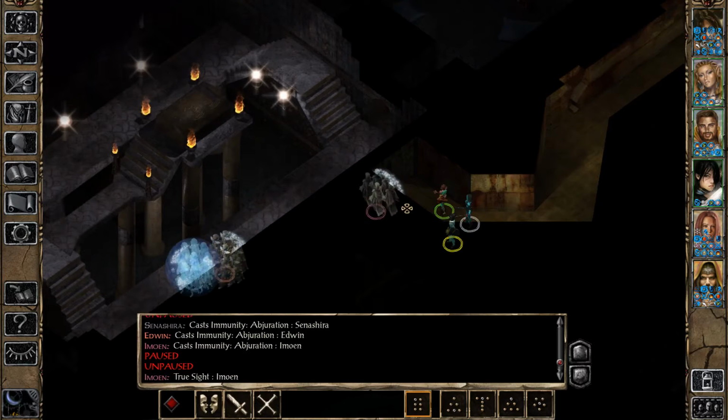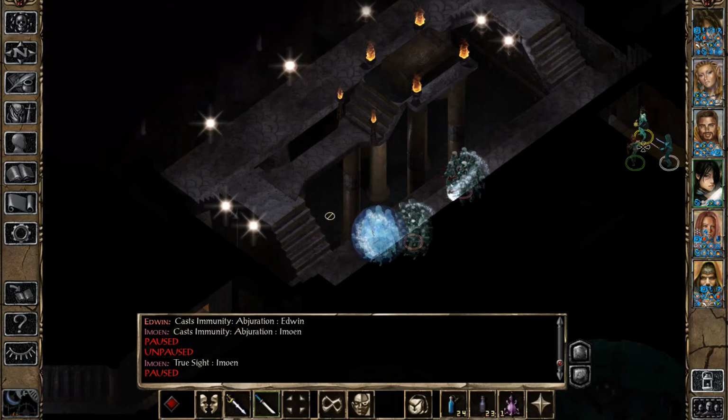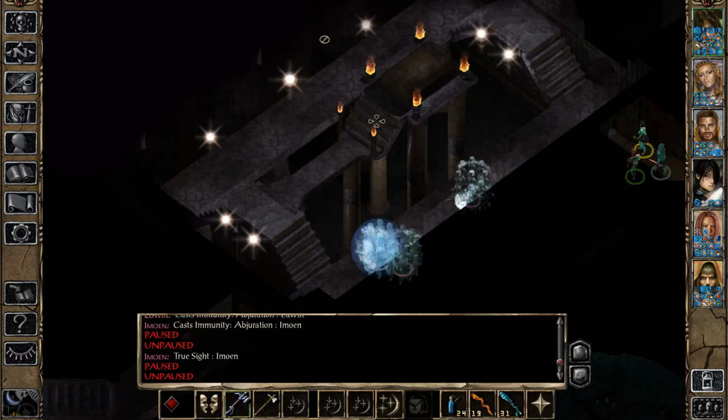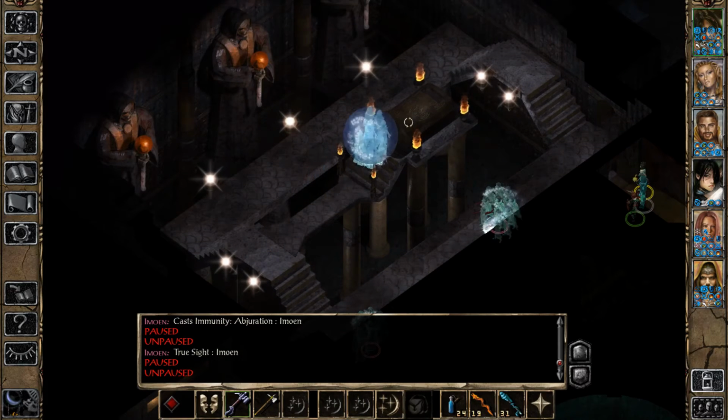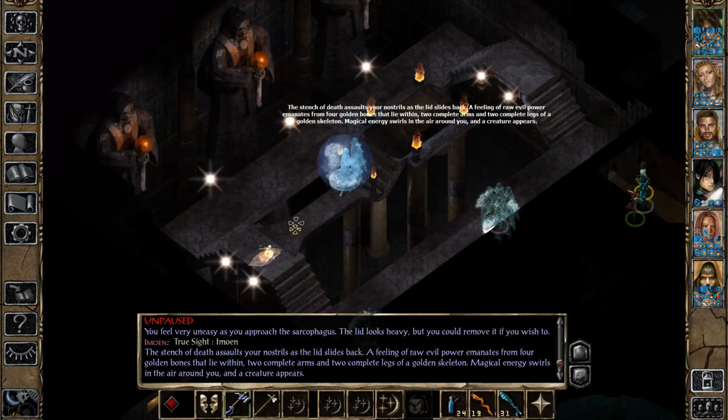for our Lich fight here. We are going to keep the other party members at the ready here, if something goes wrong, and we're going to spread out our mages a little bit. Alright, and now we can investigate this sarcophagus, remove the heavy lid, and here comes